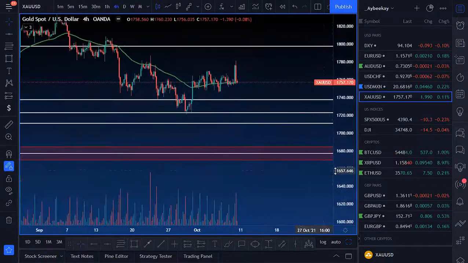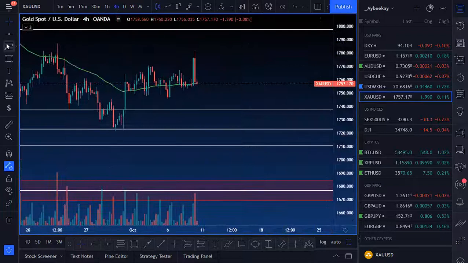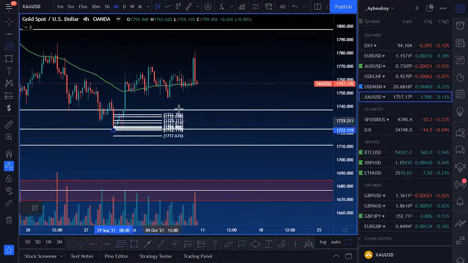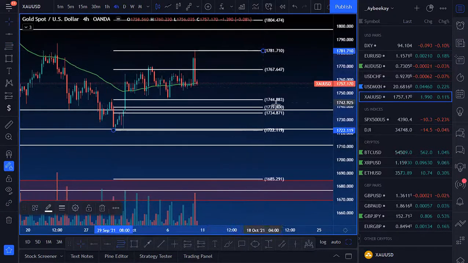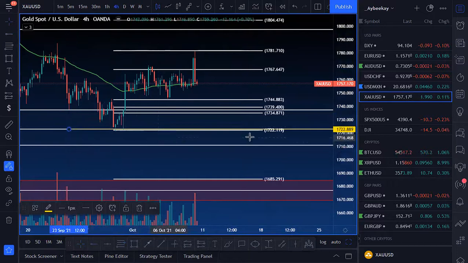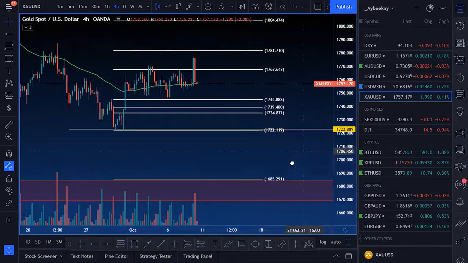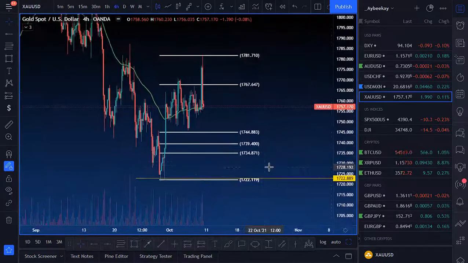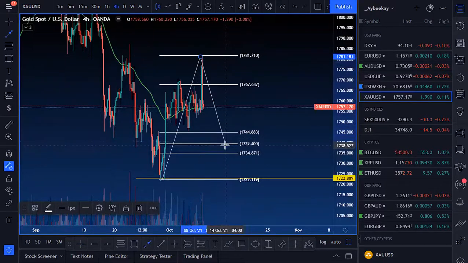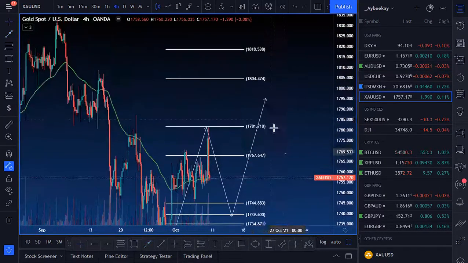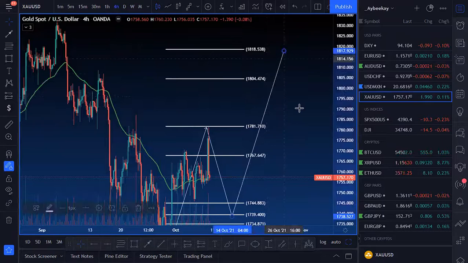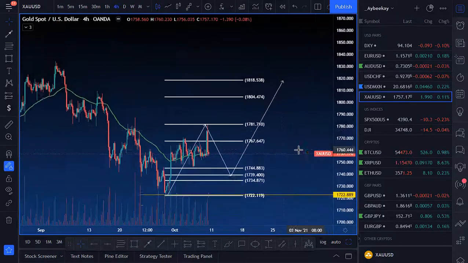I'm still going to be watching for this type of play though, and seeing what price is going to do once it gets here, right? So actually, first let me go ahead and mark this off, hide that. Okay, what I want to see happen is price make this big move to the upside. If it can retrace and then continue going bullish, then that would be solid for gold. I'm definitely going to be watching out for that.